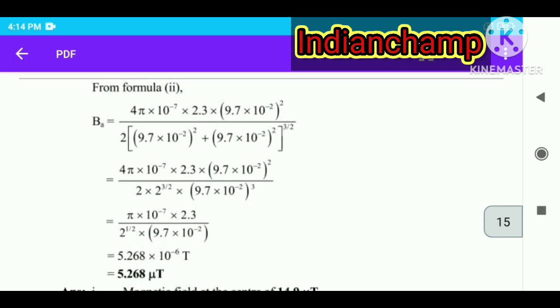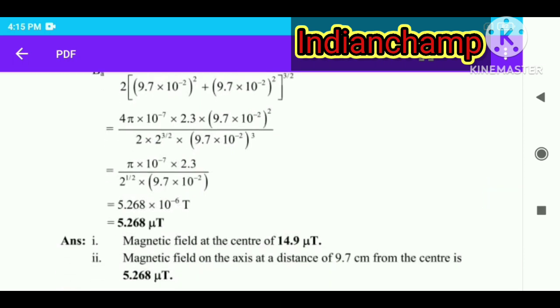From the second formula, B_A is equal to 4π × 10^-7 × 2.3 × (9.7 × 10^-2) whole squared, divided by 2 × [(9.7 × 10^-2) whole squared + (9.7 × 10^-2) whole squared] to the power 3/2, which is equal to 4π × 10^-7 × 2.3 × (9.7 × 10^-2)^2 divided by 2 × (3/2) × (9.7 × 10^-2) whole cube, which is equal to